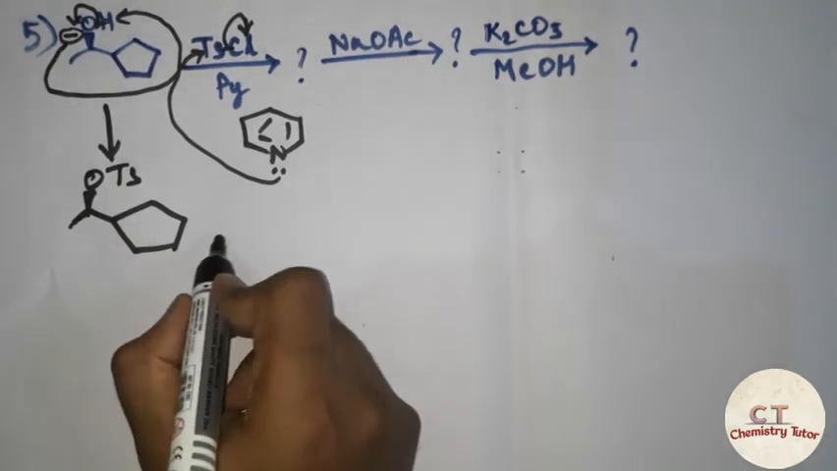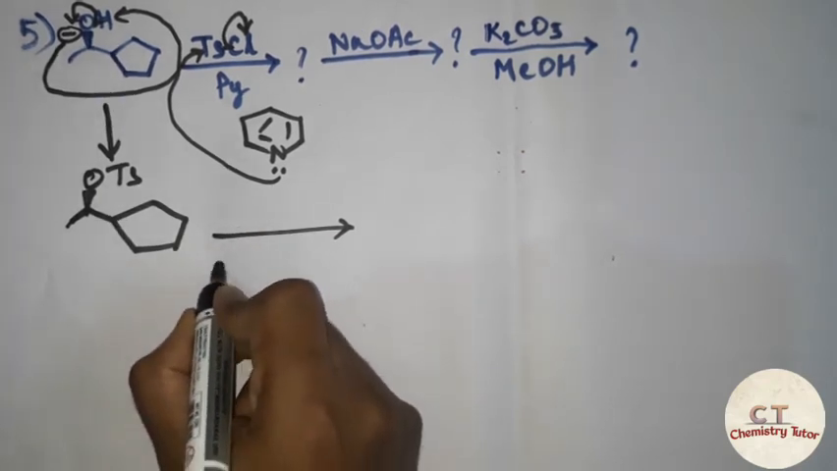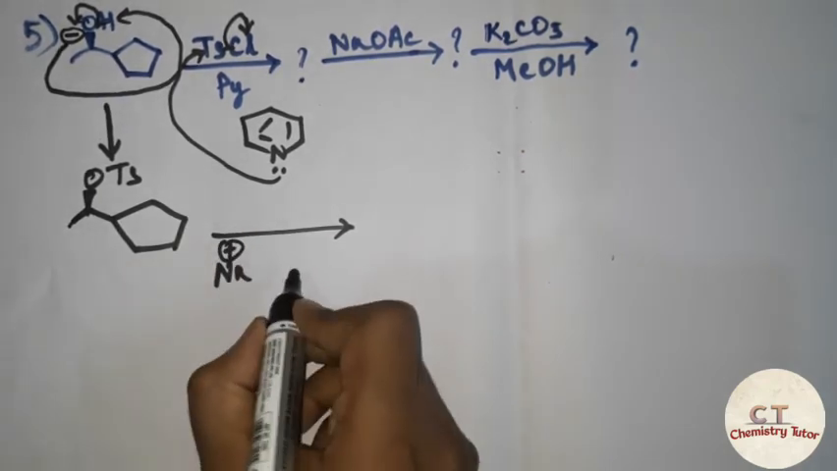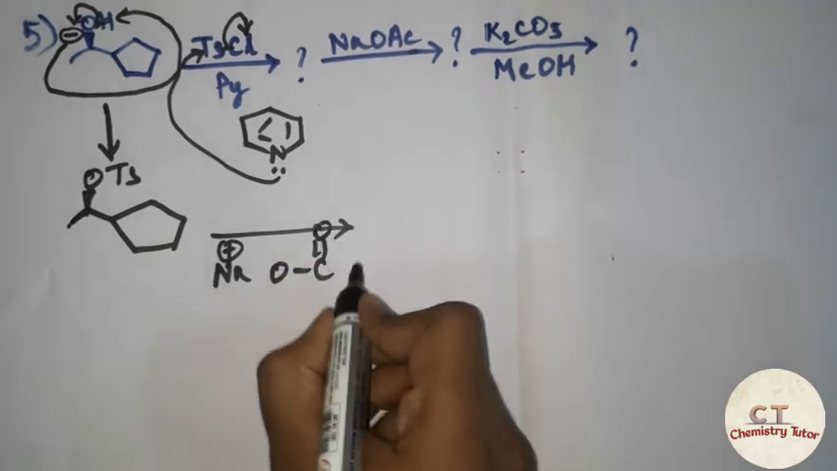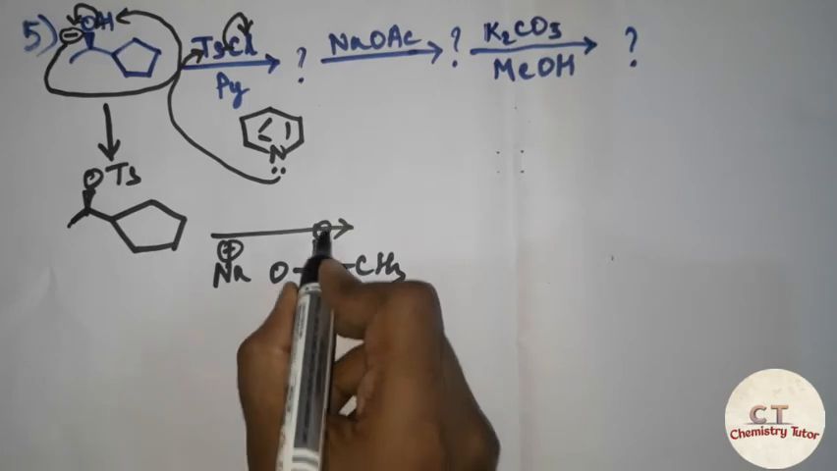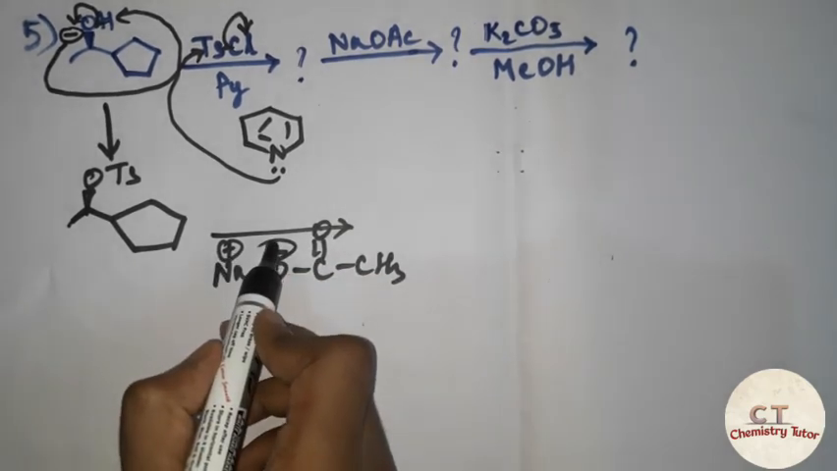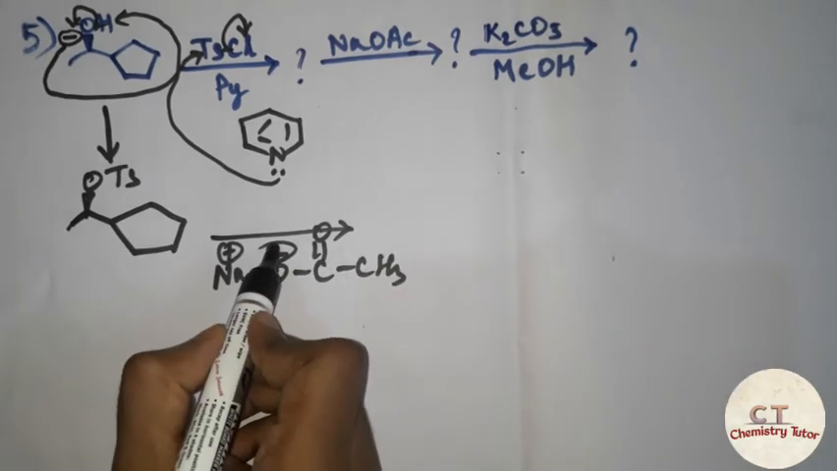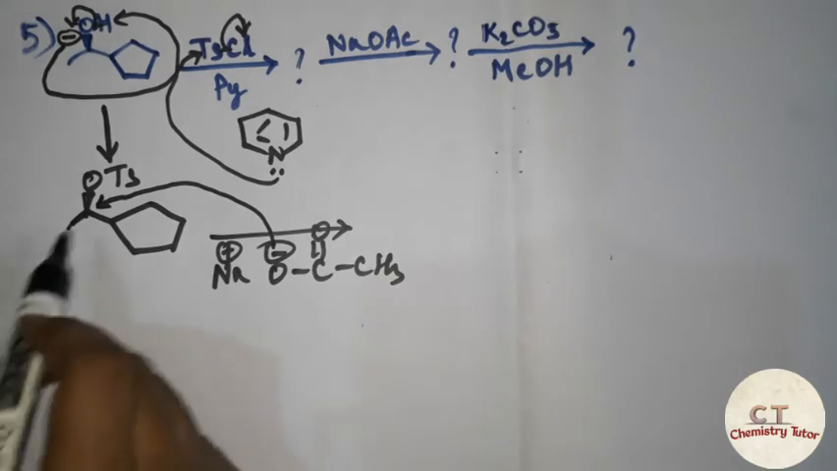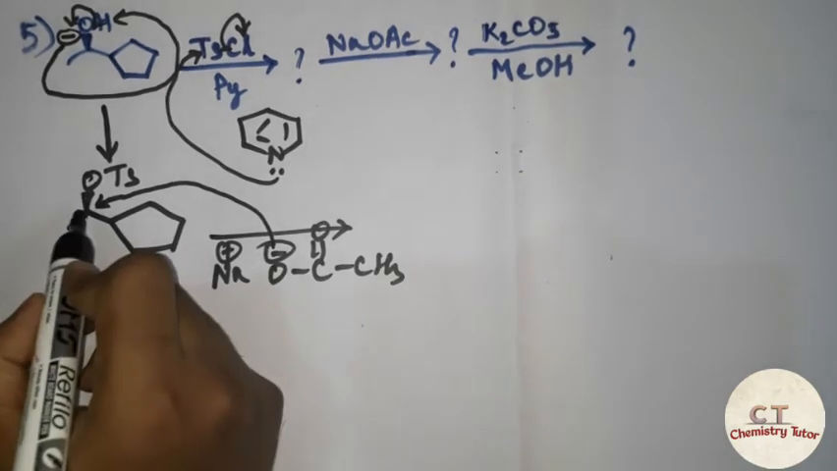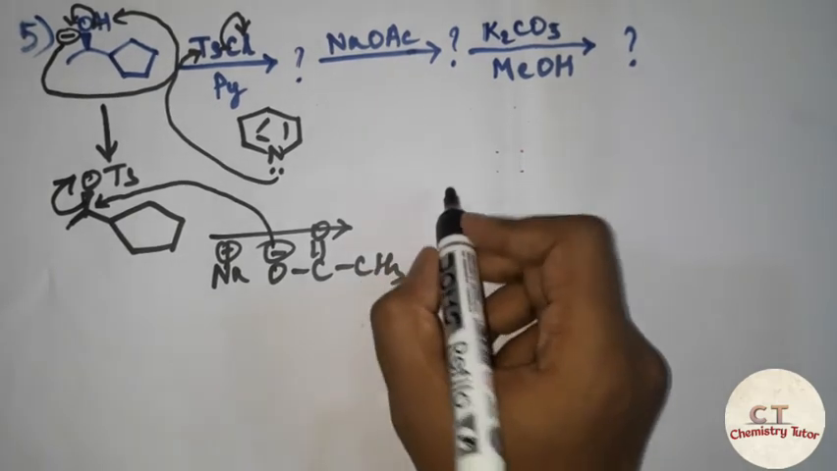And in the next step, sodium acetate is given. Sodium acetate can be written as sodium plus CH3COO minus. In the next step, nucleophilic substitution will take place. This is going to attack. Where from is it going to attack? It is going to attack below the plane. Since the leaving group is above the plane, it is going to attack below the plane, and this is a good leaving group. It will leave, and it will give us our product as